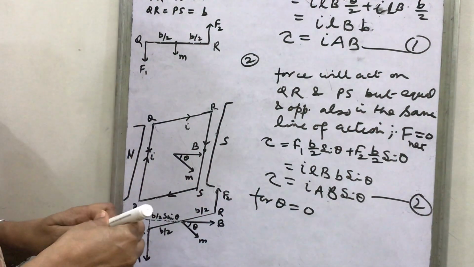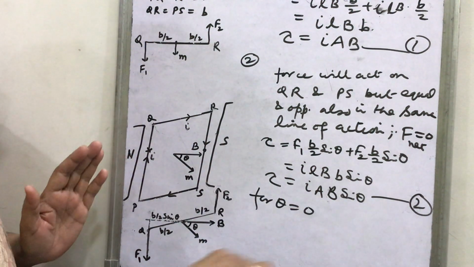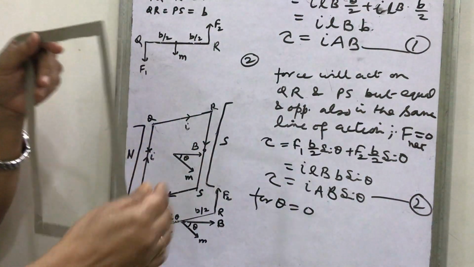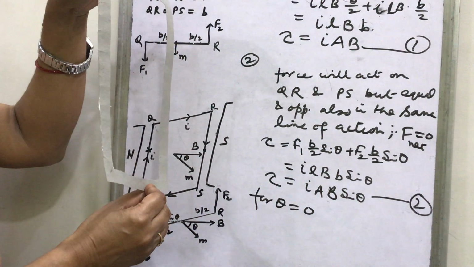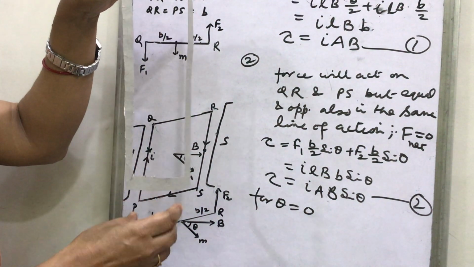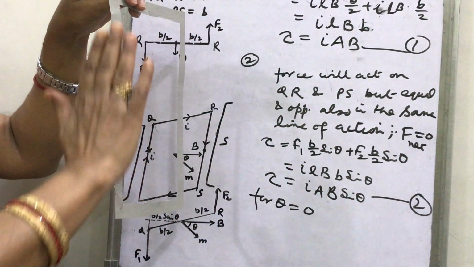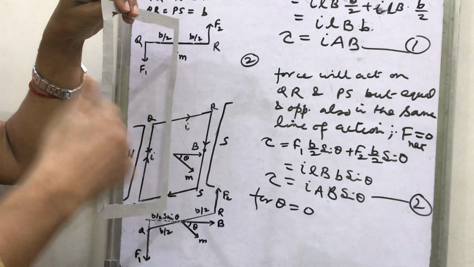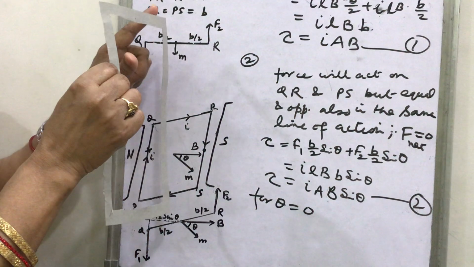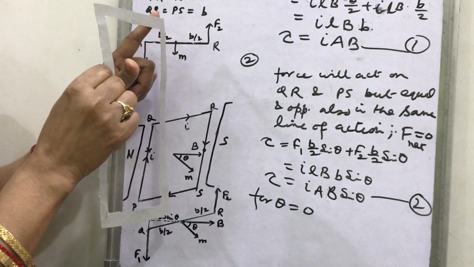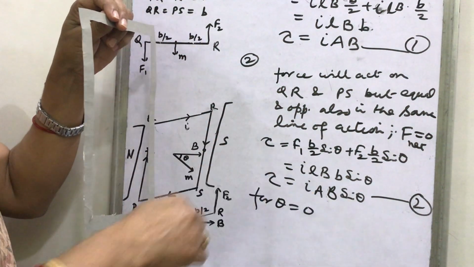Look, if theta is 0, how will you put the loop in the magnetic field? Suppose the magnetic field is in this direction, then you will put the loop in this way. In this way you will find that the current is flowing in this direction here. So what will you find here? That this is the position when there is no force and no torque. Why? Look, theta. What is theta?